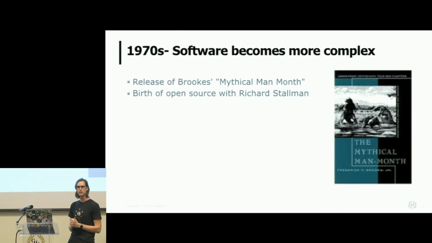So you get the release of Brooks's book, The Mythical Man-Month. If anybody's short of a Christmas list present for their boss, right? And I think the important thing about this book is that it deals with an issue that's still important today, and that is that as the size of the software grows, the number of bugs and defects don't grow at the size of the number of lines of code. They actually exceed it.